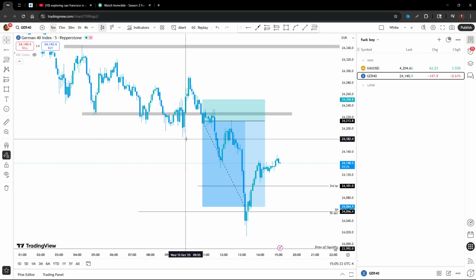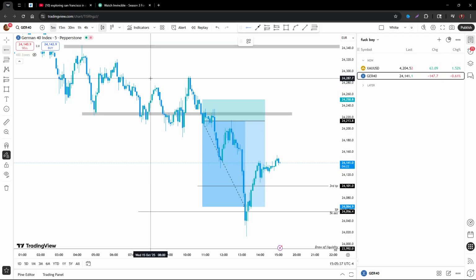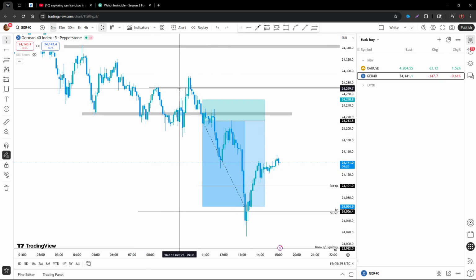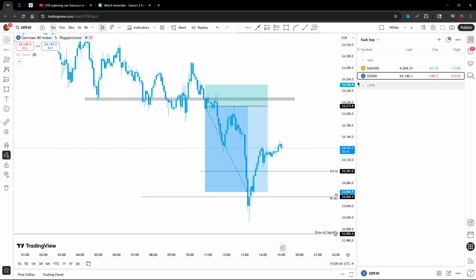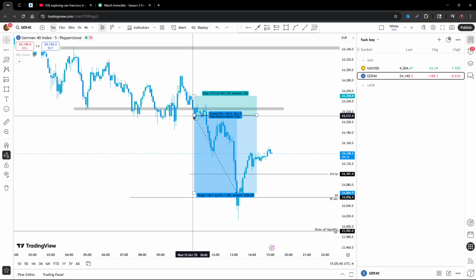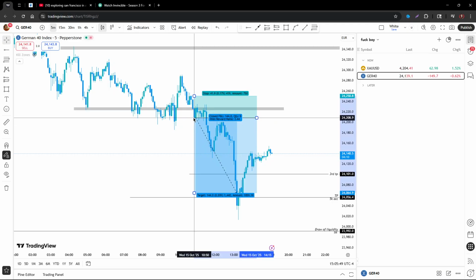And then I just waited again for a better entry. Boom, it had a big pullback. After it pulled back, rejected off these lows, faked out to the upside and then rejected down, I was like, okay, we might be looking good for sells. We got a breakout and a strong close on this 5-minute candle. So then what I did, I just got in right here.